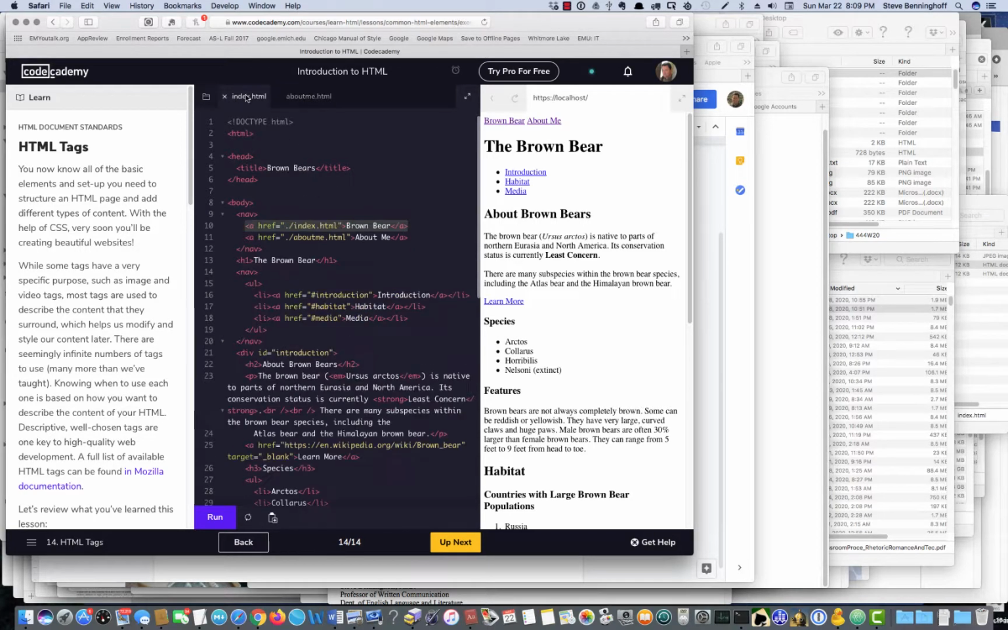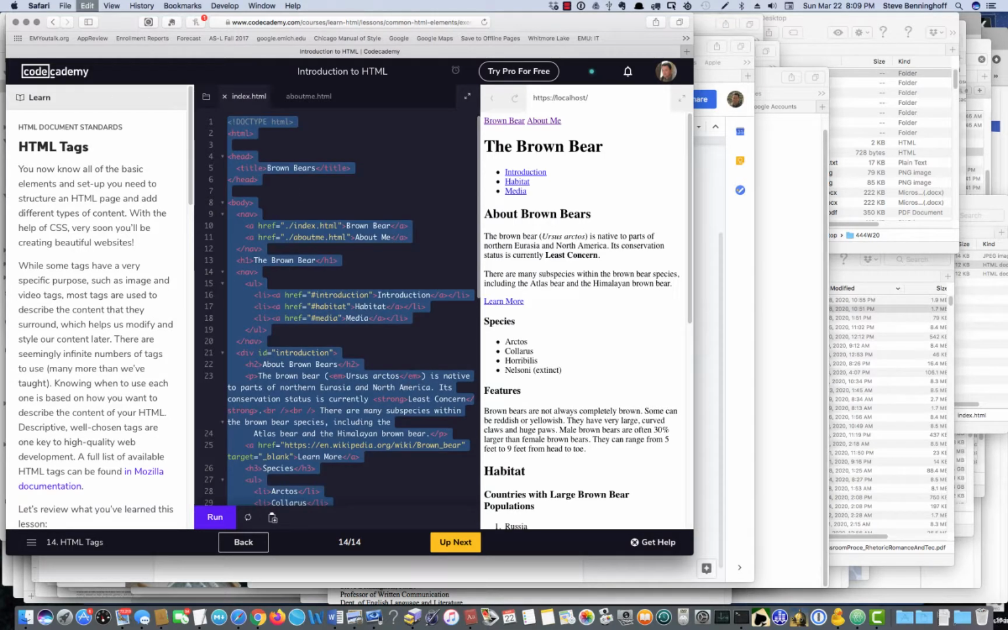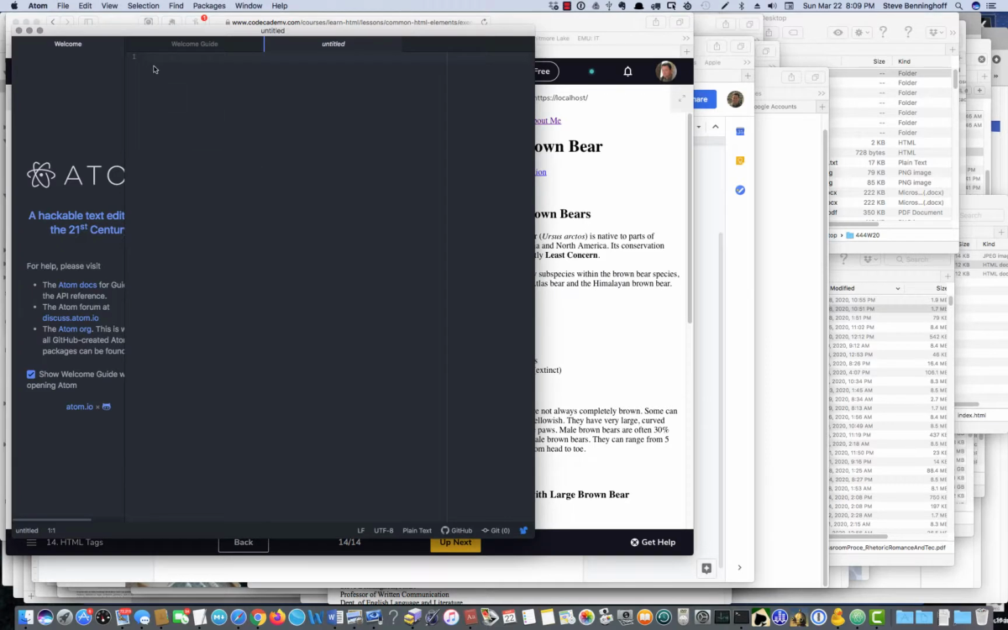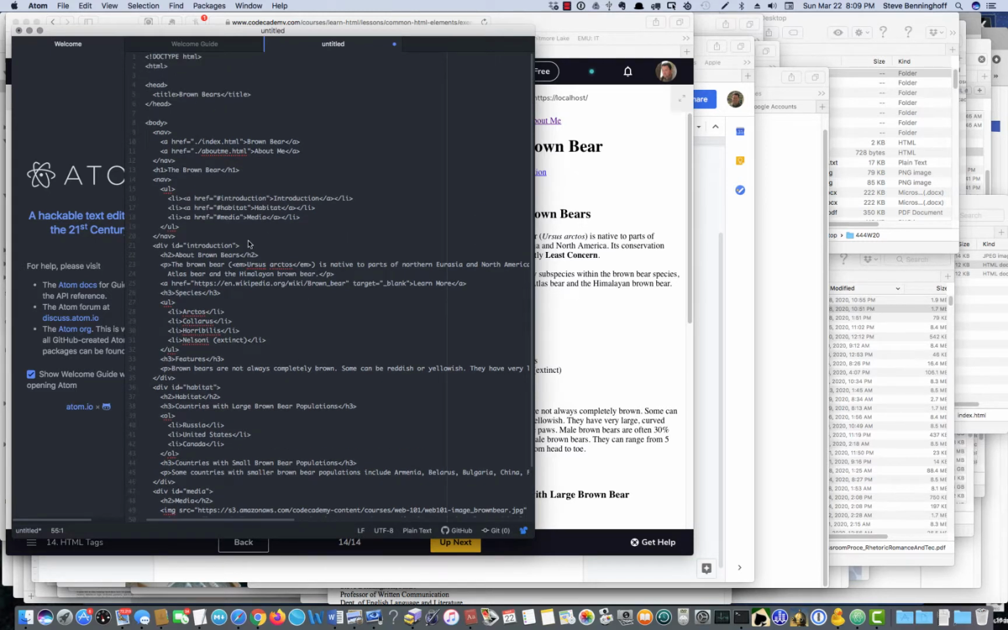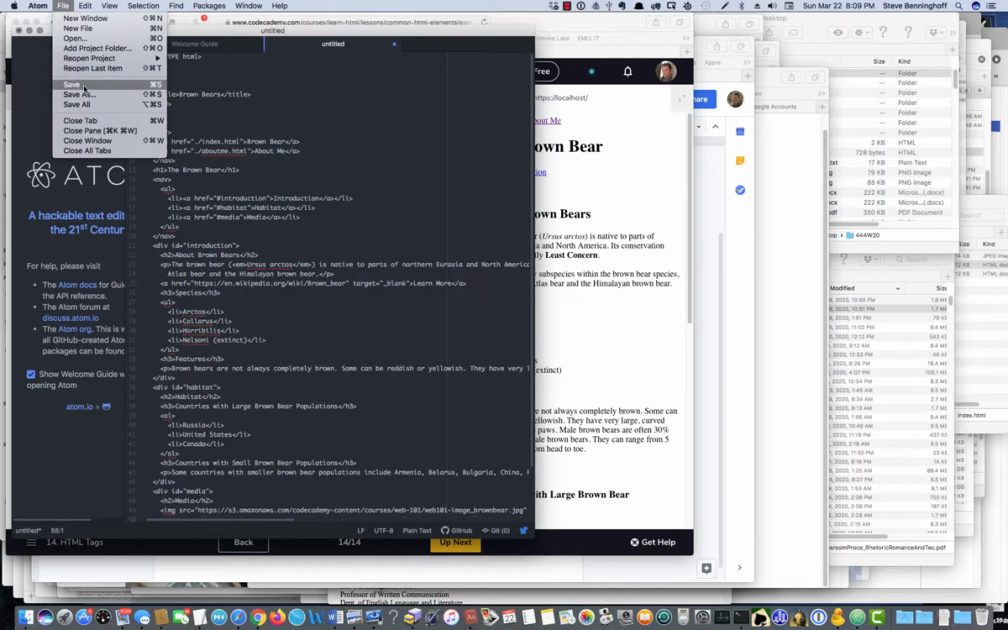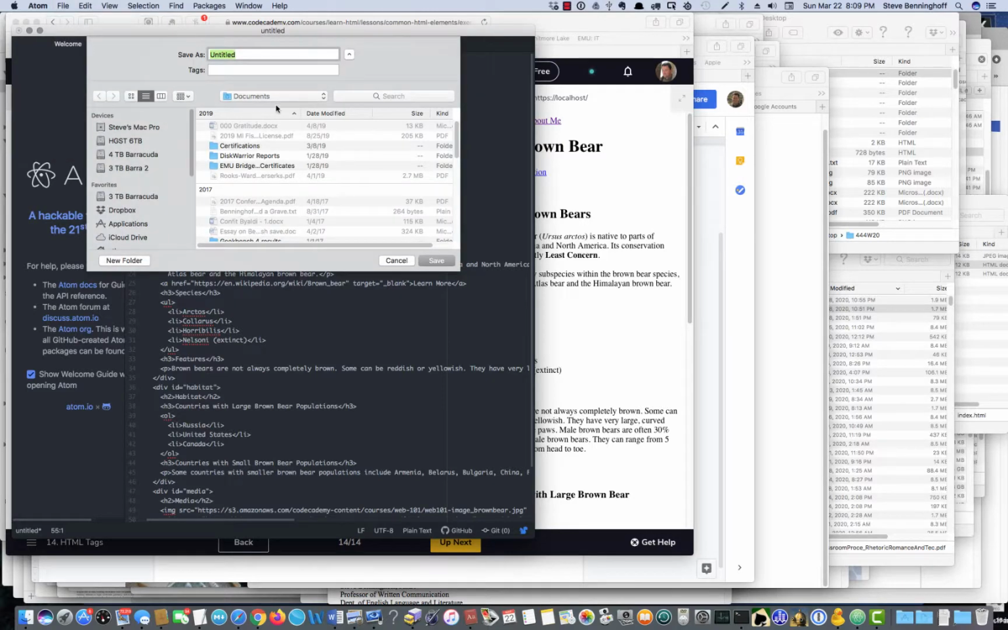So, to get started, we'll select everything that's inside this index.html tab, select all, copy. Now I'm going to switch over to a blank plain text file in Atom, paste that in, and notice that when you first paste it in, it doesn't color code it or anything. So I'm going to say File, Save, and it's going to ask me where I want to save that. I'm going to put it on the desktop,